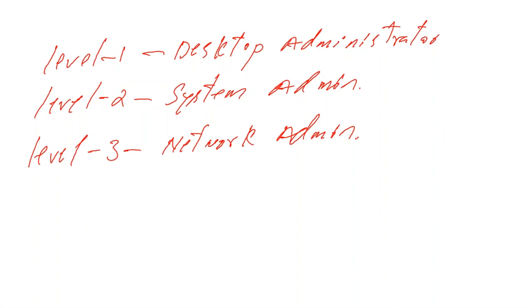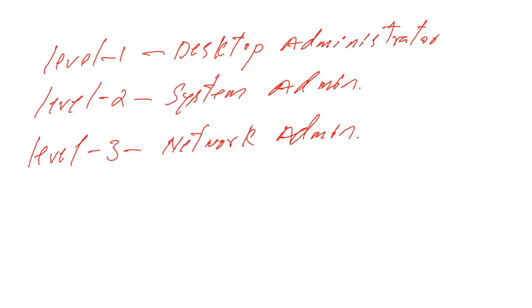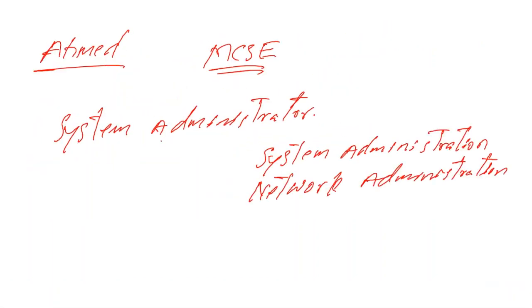Whenever you apply for jobs, we have three types of jobs: one is called level 1 admin, one is level 2, and one is level 3. But we are learning 2012. After completing this MCSE course, you can call yourself a system administrator, technically the level 2 admin. And the job of the level 2 admin is managing the systems, managing the users, user accounts, user properties, different types of server services, and configuration of servers. You're going to manage this.